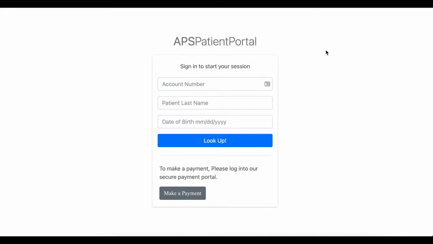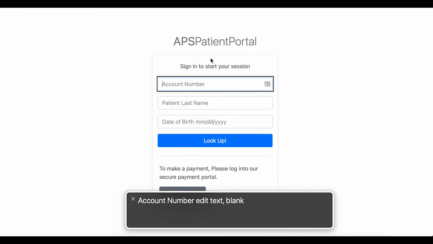In this example, the form is missing a label. So what we see on the form right now is actually placeholder text. So when I use VoiceOver, it will read the placeholder text, but when I go back to that field, because there isn't a label, it won't have anything to read.